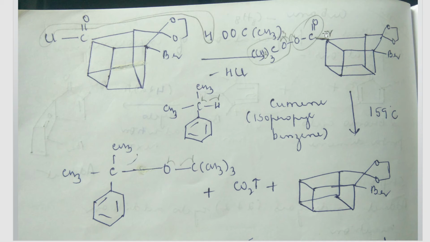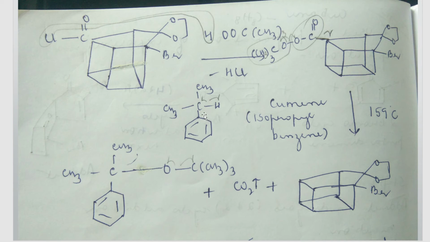There is homolytic cleavage taking place, one at this side, that is the carbon attached to the cubane ring and the C double bond O group here. Here one cleavage will take place, and you get a free radical and a free radical. So here you can see there is C double bond O and O, which will go out as carbon dioxide gas. And once again, there's one more site where cleavage will take place, that is between the two oxygens here. Each of the oxygens will get one electron each.